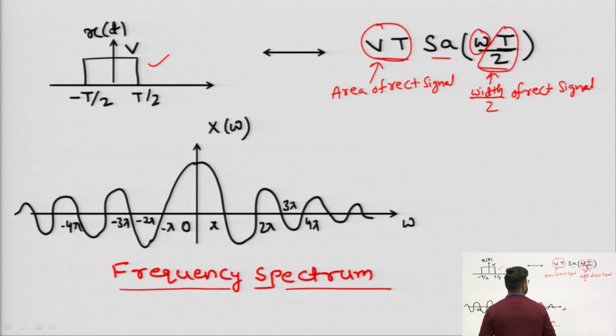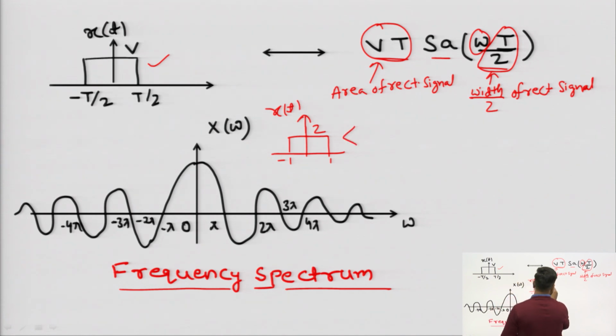This represents width by 2 of the rectangular signal. For example, if I have a rectangular signal from minus 1 to 1 and its magnitude is 2, if I have a signal x of t, this is a gate signal, I can write its Fourier transform directly by checking the area. Obviously, the area will come out 2 into 2, it will be its area into sampling of omega at width 2